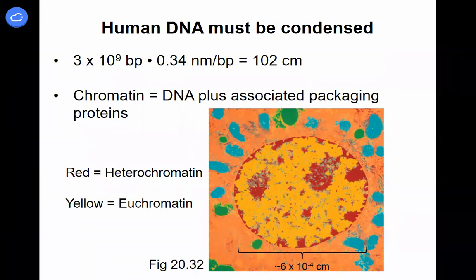So it's very long, but remember, it's very, very thin, right? It's about 2 nanometers in diameter. So it's a very, very thin string, if you will, that has to be put into the nucleus. And so this here is just showing you a nucleus, and the red is heterochromatin. That's chromatin that's really condensed, as much as it can be, whereas euchromatin, which is most of the DNA here, is not as condensed as it could be,